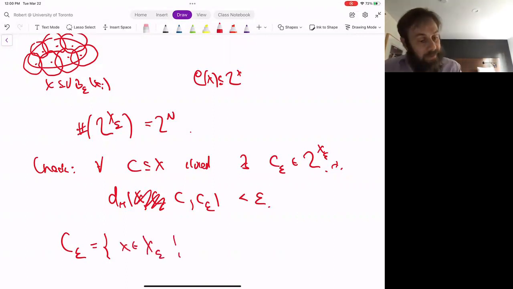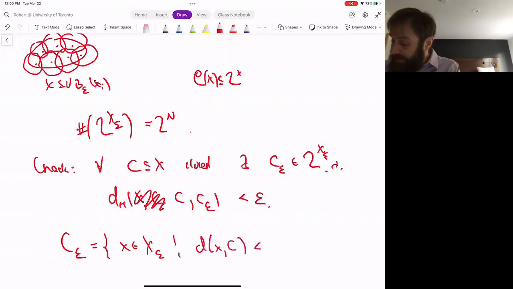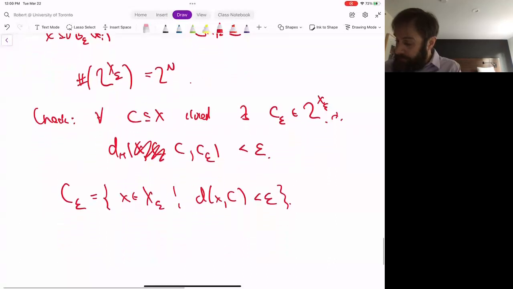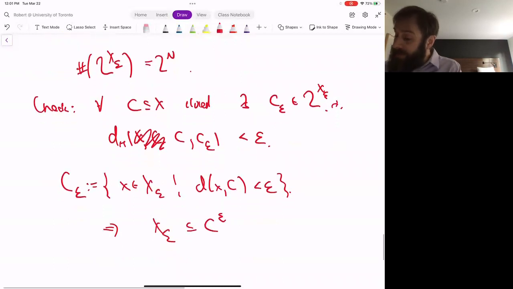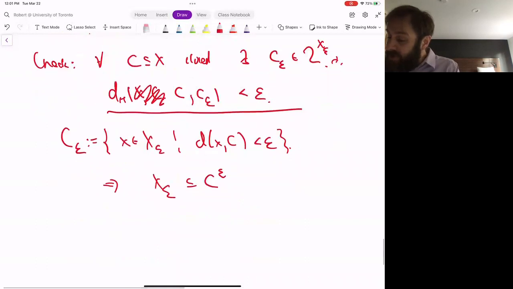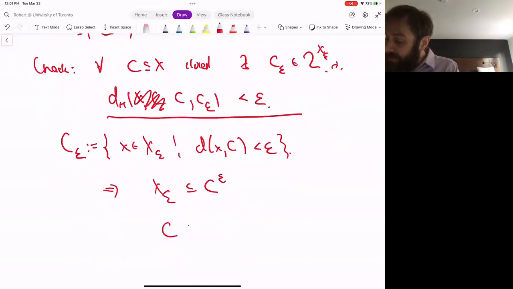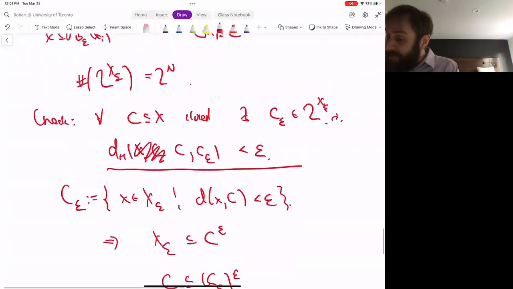such that the distance between x and C is less than epsilon. So if I take this definition, this clearly implies that X epsilon is going to be in an epsilon neighborhood of C. And to get the other half of this, I need to check that C is contained in an epsilon neighborhood of C epsilon. And I get that because